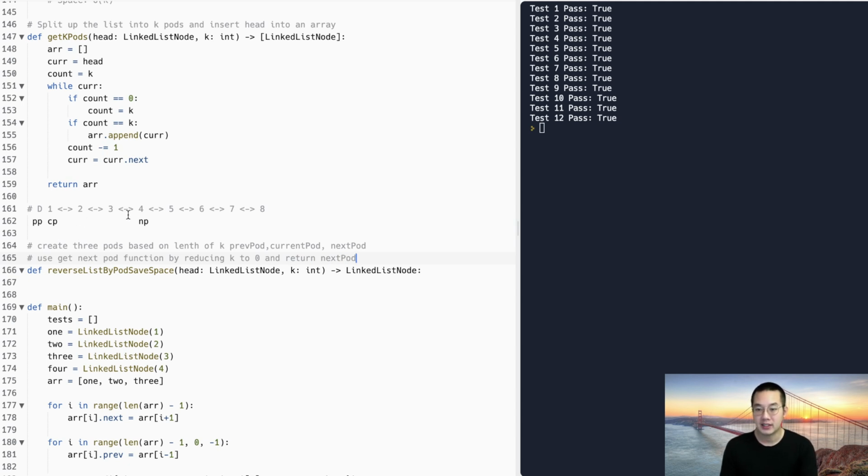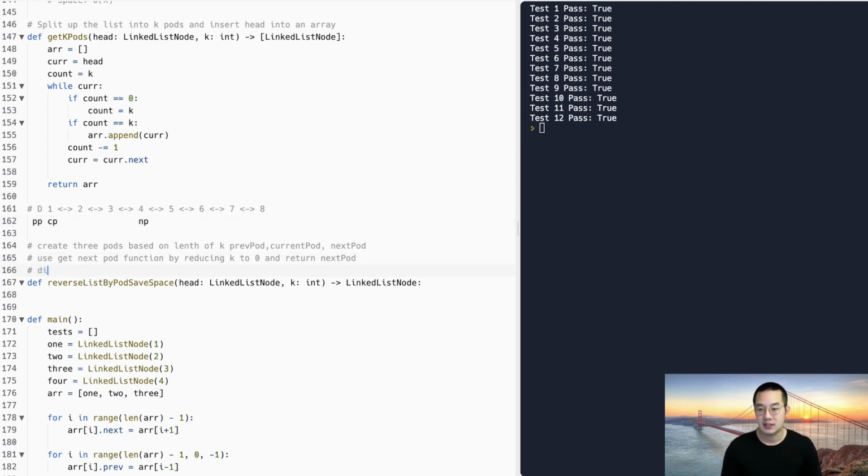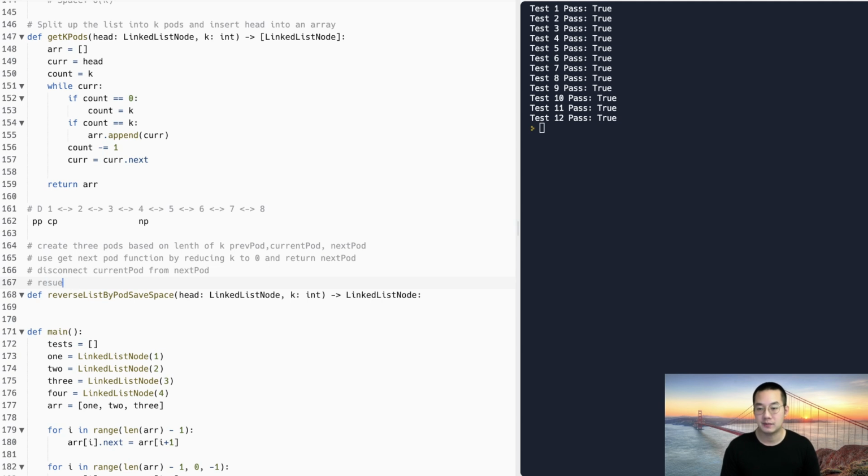So we're going to get the next pod by starting at the current pod and moving k moves. So 1, 2, 3 moves. We will get next pod. Okay, so with the next pod, we can disconnect this connection between 3 and 4. So disconnect current pod from next pod, and we're going to reuse a reverse list function. Reuse it, it's been tested, so it's good. It's a good function. Our reverse